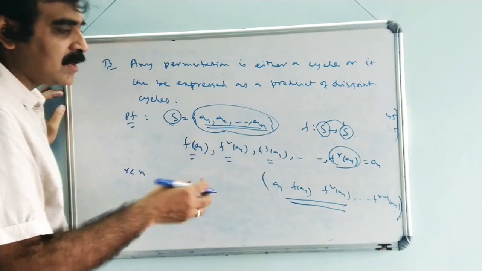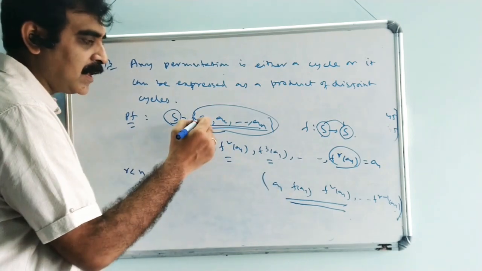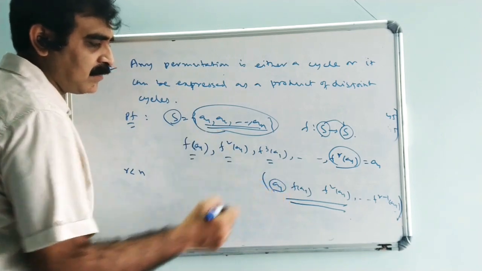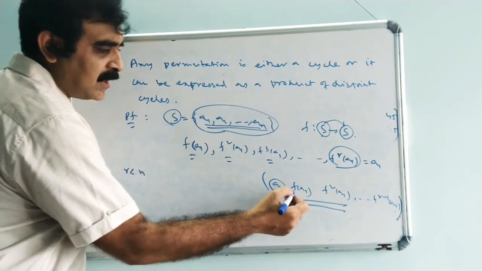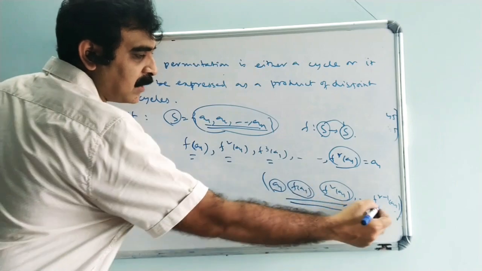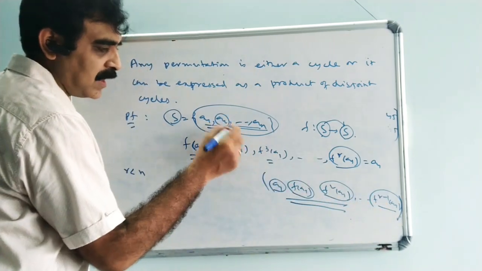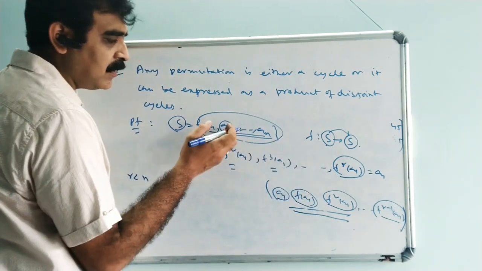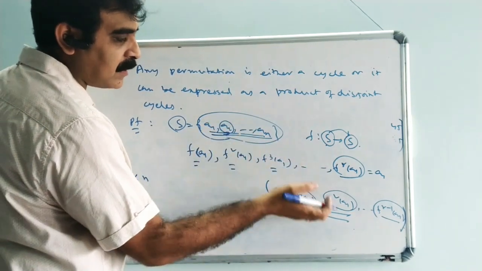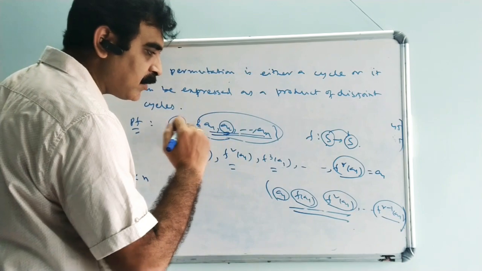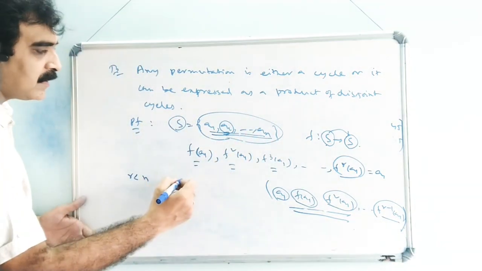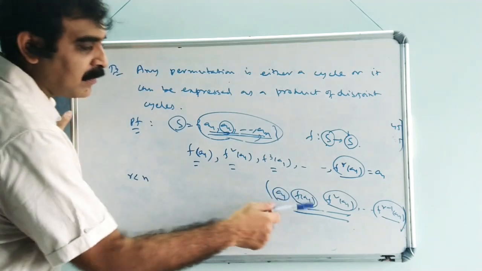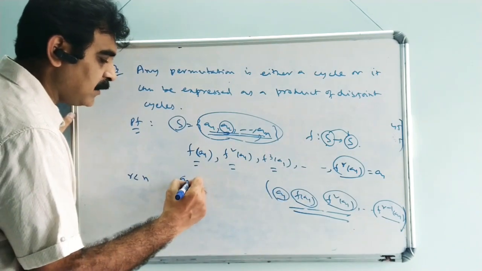We find that element which did not come here from the beginning, from the first term. A1, we came here. We see whether F of A1, F square A1, or F^(R-1) A1, any one of these is A2. If A2 comes here, then we go to A3. If A3 comes here, then we go to A4. In this way, we find the first element in this set which did not come here. Let us suppose that element is AM.